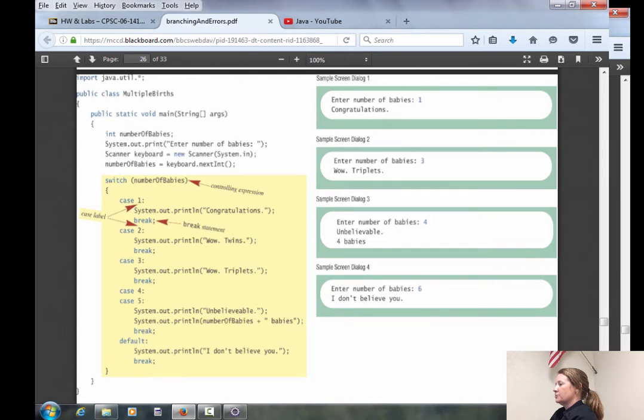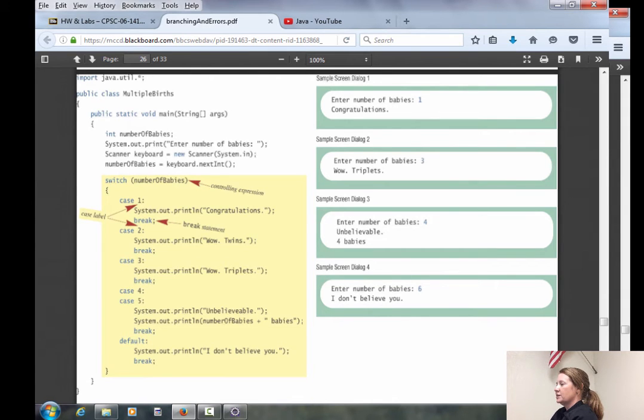And then this is what our switch looks like. It has the keyword switch and then parentheses. And what goes in the parentheses is what's called your controlling expression. What goes in the parentheses is that integer or that character. So in this case, it's our integer. Now inside of our switch statement, we have these things called cases.